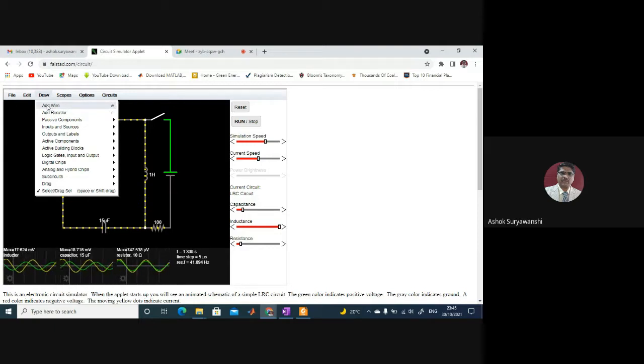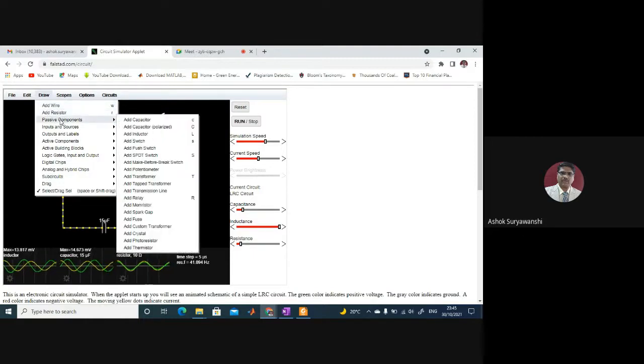If you want to draw a wire, you have to add a wire, then add a resistor, then passive components. This is, we can say, a library. Maybe in the next video, when I demonstrate a circuit, I will show you how to select these components.